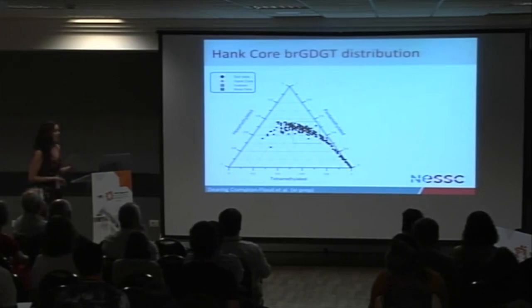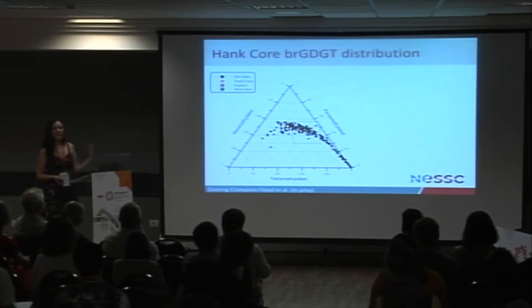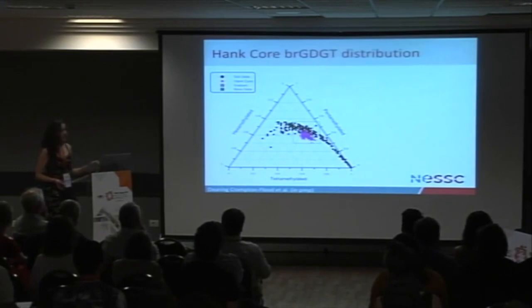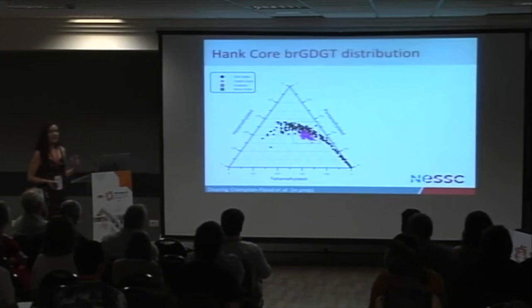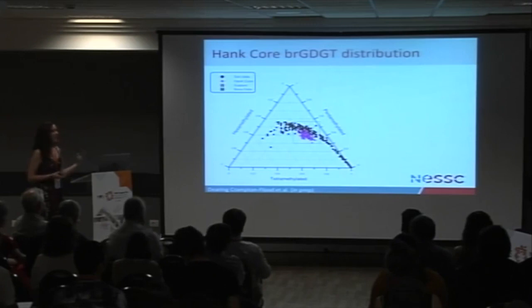So those black dots are the modern day soil samples, and you can see that they make some kind of nice shape, except for that one outlier there. So if we plot over the Hank core branched GDGT Pliocene samples, then we can see that they sort of plot close by to these soil samples. They don't actually plot right on them, which is a little bit worrying, but they do plot